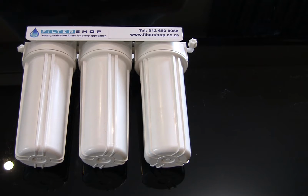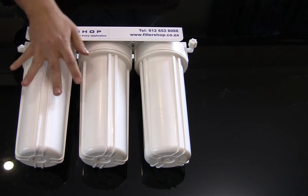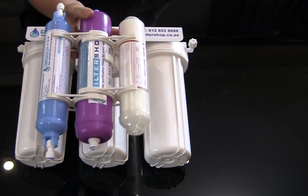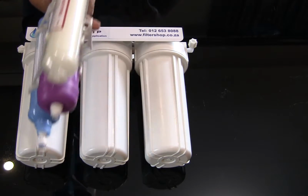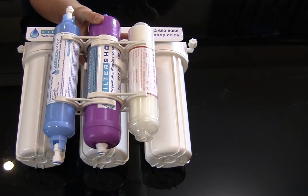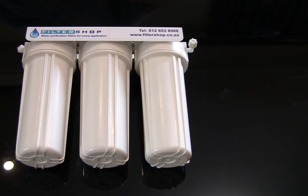If you're really looking for a good solution for your fridge and you want to save a little bit of money, this triple stage filter system using the 10-inch cartridges really is a great option. In effect, we've got the same process as you have on this very nice and compact triple filter system for the fridge, but instead of using the fridge filter cartridges, we're using the 10-inch cartridges from the under-counter systems, and this saves you quite a bit of money when it comes to your